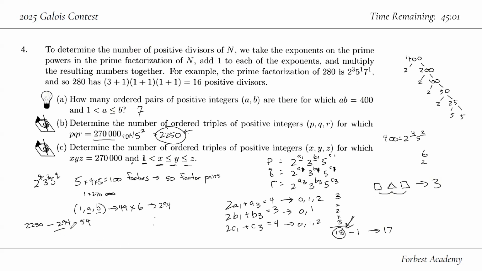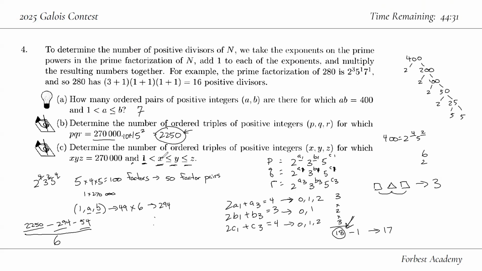So after we've taken this and this away from this, that leaves us with all of the triples that have 3 unique values, where none of them are 1. We can divide that by the 6 ways of scrambling up 3 unique values to come up with the number of ordered triples,